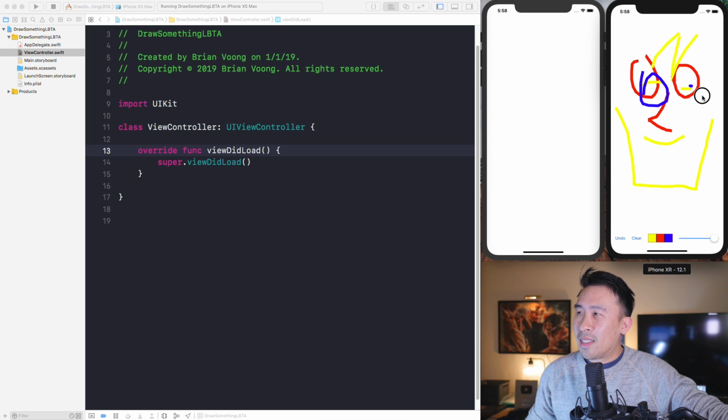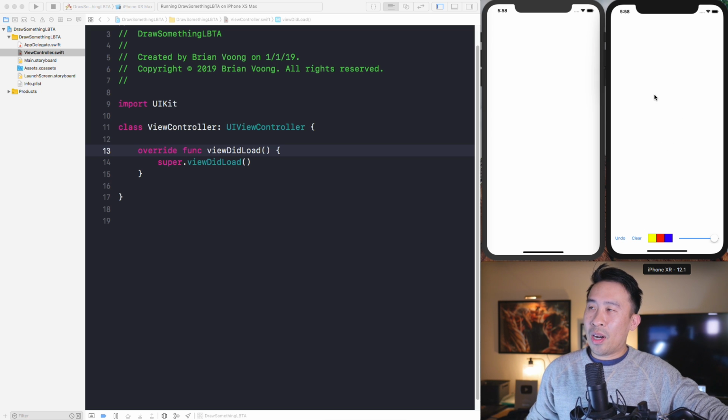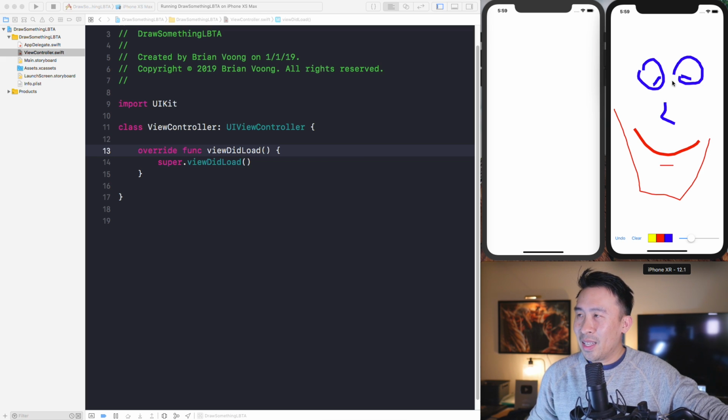So basically, I can just start scribbling on the canvas here and start drawing out these shapes. I'm going to clear out everything and start from scratch, literally. And what I'll do is start drawing out some eyes like that, and that's my nose. I can change the colors like this. This little slider on the bottom allows me to change the width of my stroke. And here we go. We have a nice little face with some eyes, some nose, and some lips, and a